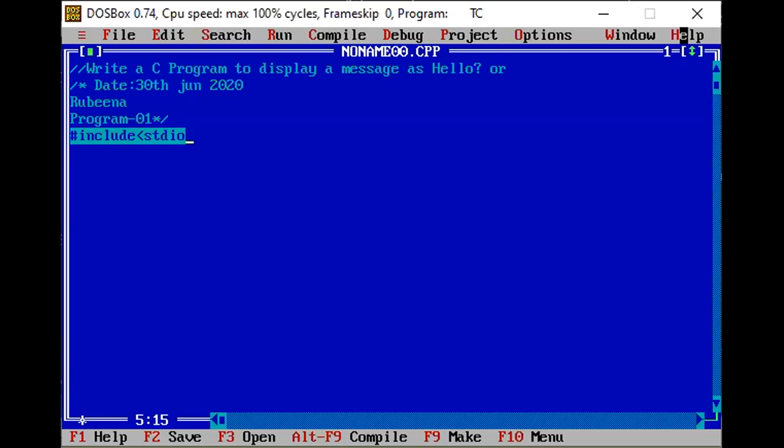Hash include stdio.h. Stdio is the standard input output header file, and then we have hash include conio.h. So these are the two linking sections, or the header file section, where I'm linking my program with the two header files called stdio.h and conio.h.